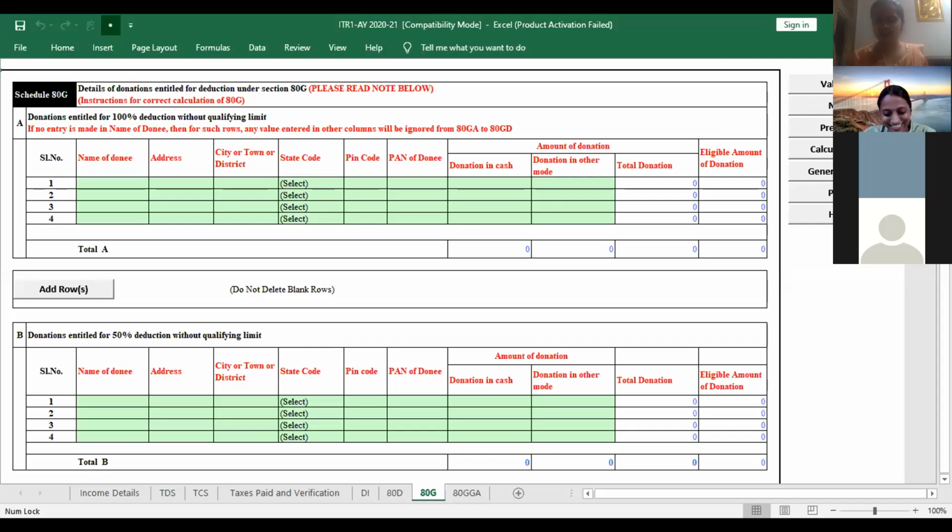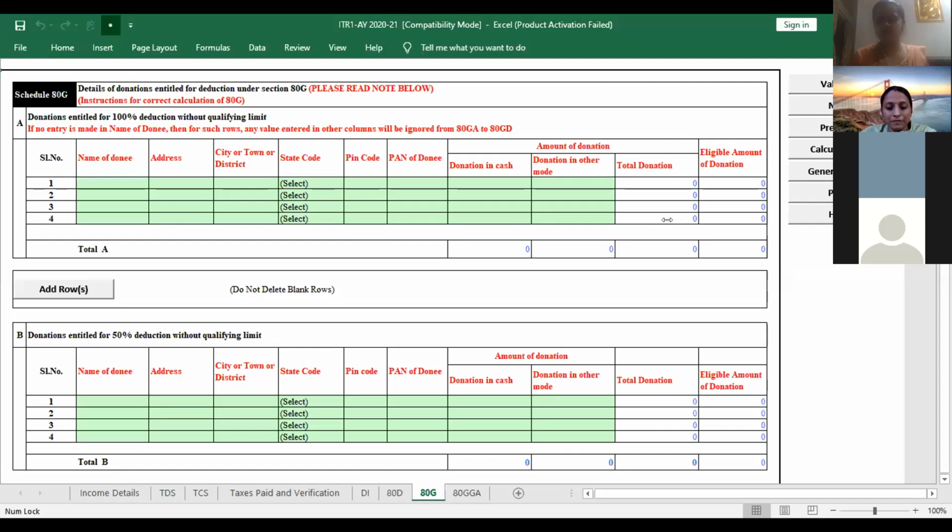Yeah. I think the second question in that particular message is already clear, how to upload it. So we can take up some other question if at all there is. XML. So I think there is this question: before the due date, how many times can I file my return?